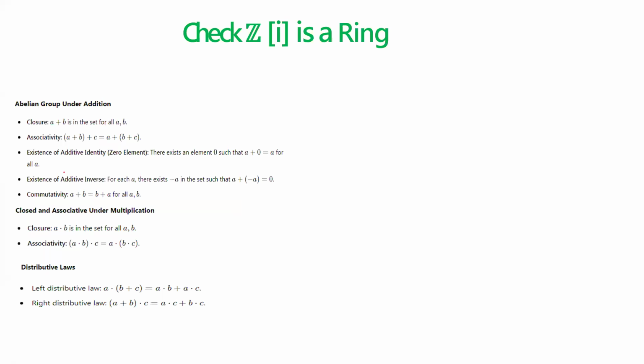Now we see that Z[i] is a ring. To check whether Z[i] is a ring or not, we have to check the axioms: abelian group under addition, closed and associative under multiplication, and two distributive laws. We check one by one. Now, first we check